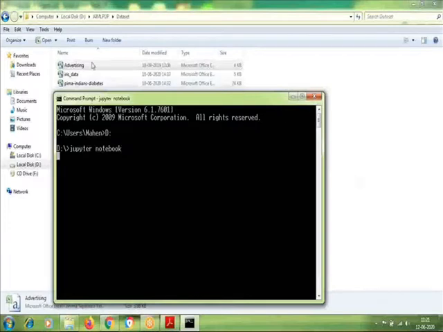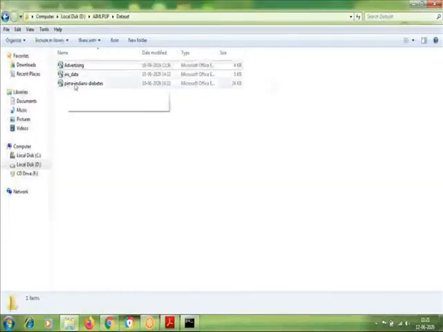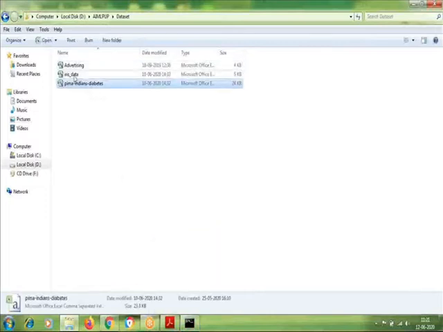So today we are going to use two data sets, that is the PIMA Indians diabetes data set as well as the IRIS data set. Both are for classification. PIMA Indians diabetes is for binary classification, which means it has only two classes: whether the patient is diabetic or not diabetic.